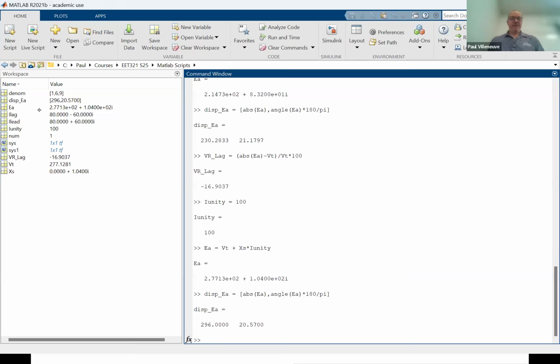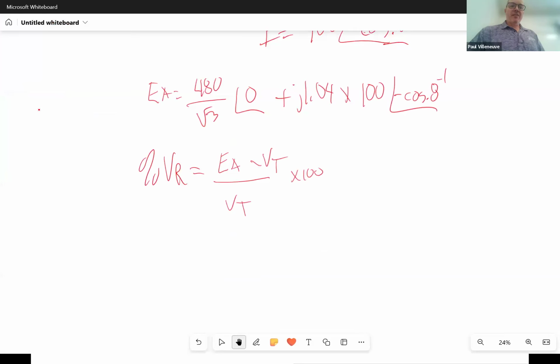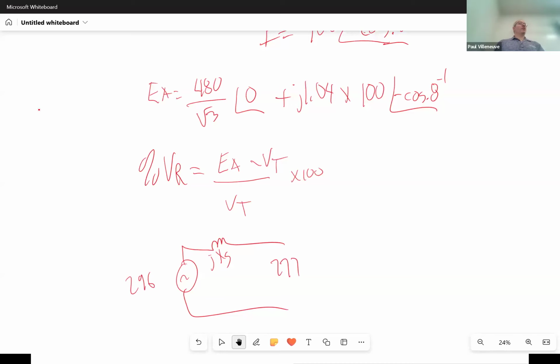Why is that? Well, it had to go up because remember, this here is absorbing or eating some of the reactive power that's being supplied by the generator. So under unity power conditions, this right here is absorbing Q. It's taking reactive power in and it needs it to support the terminal voltage. But if I look at my voltage regulation,